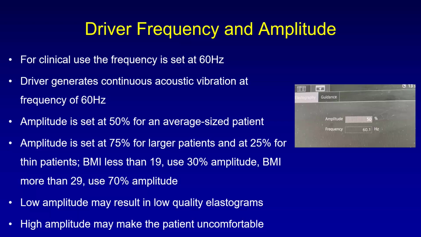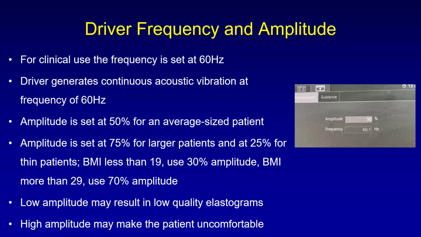We can change only the amplitude. And this is set usually at 50% for an average size patient. It is set at 75% for obese patients and at 25% for thin patients. We can use the BMI to regulate the amplitude. So if it is less than 19, you use 30% amplitude. And if it is more than 29, you use 70% amplitude. So low amplitude may result in low quality elastograms, and the high amplitude may make the patient uncomfortable because of